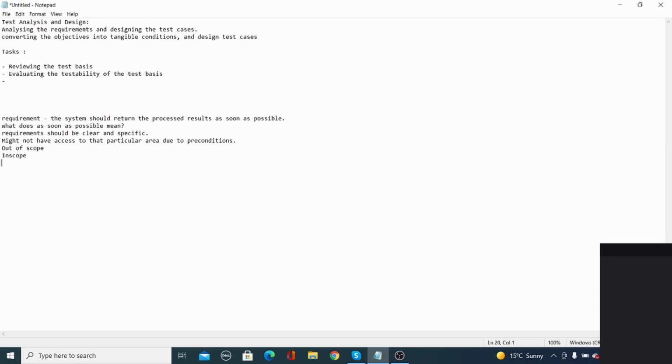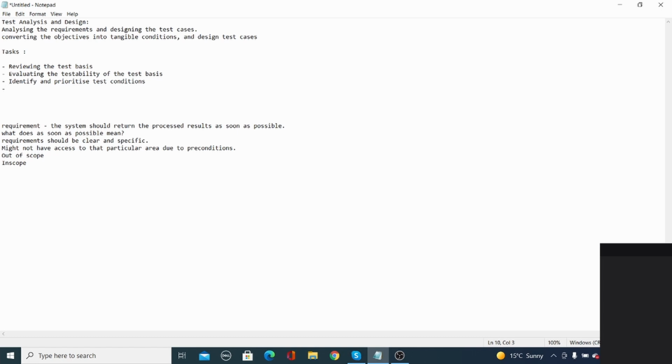Identifying and prioritizing test conditions. What would be the next one? Identify and prioritize test conditions. What does this mean? When you have the low level scenario, from there you have the test cases, from the low level requirements.